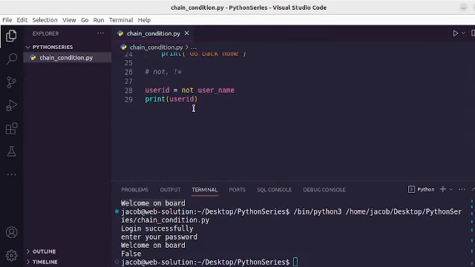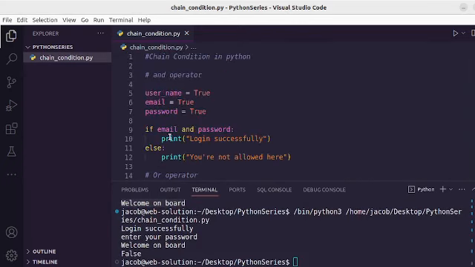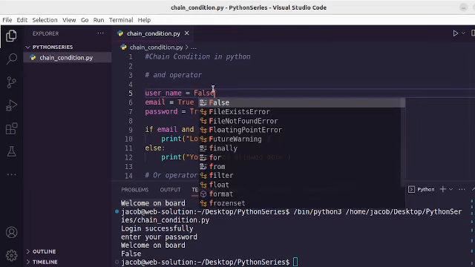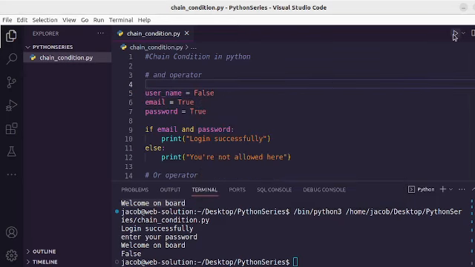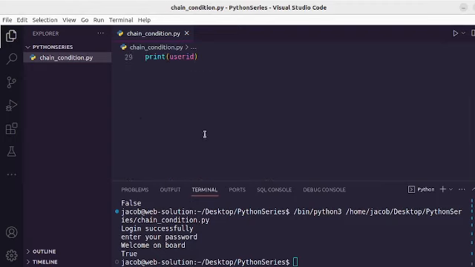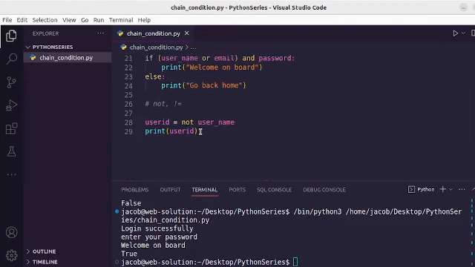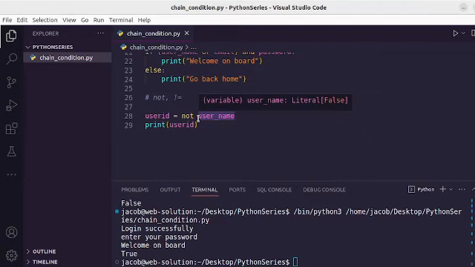So if we change username to false like this and we run the code again, we are going to get true. So the not operator checks the condition: when the condition is true, it returns false, and when the condition is false, it returns true. All right, let's proceed to check